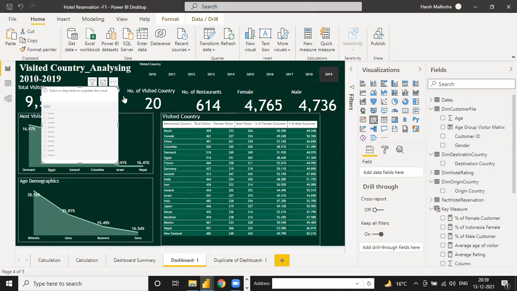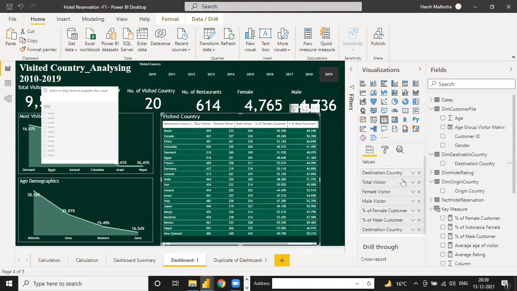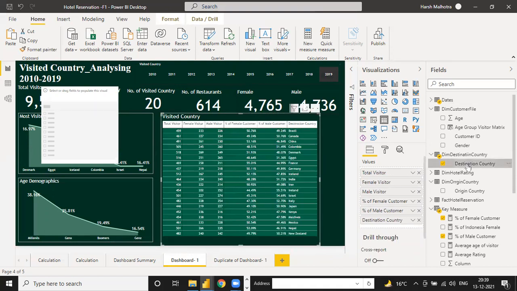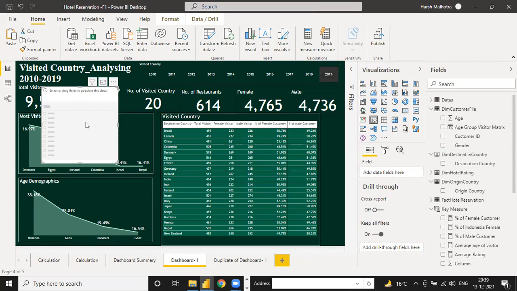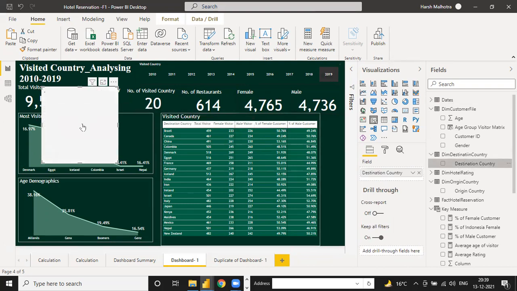Definitely. See, like this way you select this, and suppose here you have this destination, the total visitor, male, female, this kind of destination. Select this destination into this slicer.